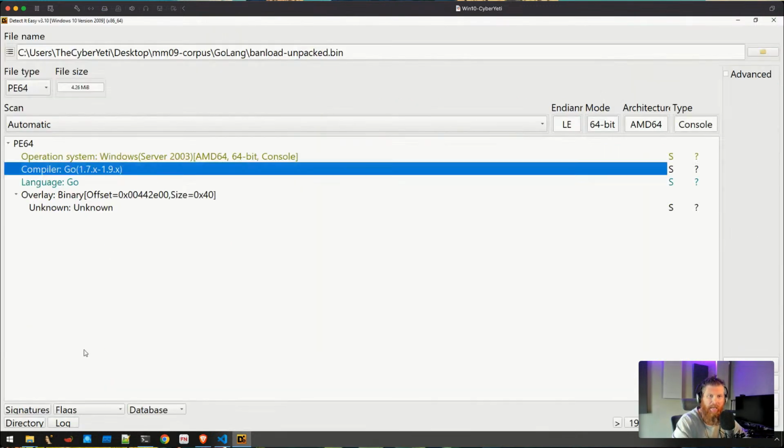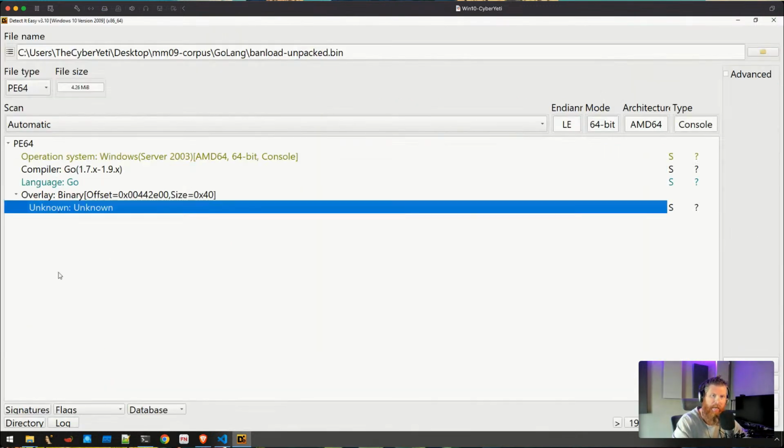Okay, so that's it. Other signatures, they'll show up here, right? Anything that matches will show up here. You'll have the ability to dig into your signatures. And then, of course, with a tool like Detect It Easy, you've got all this other stuff to help with your initial analysis, right? So oftentimes with a binary, I might skip file and go right to something like Detect It Easy.